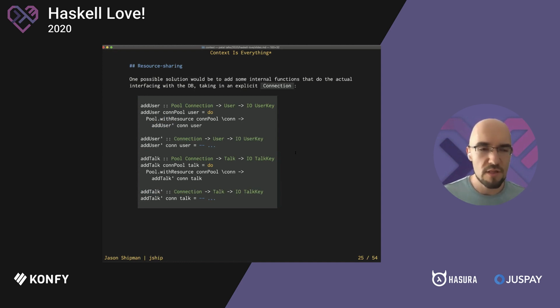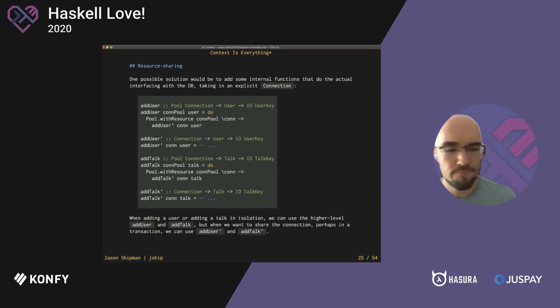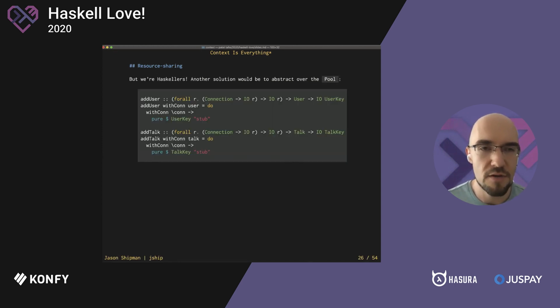But it kind of quickly becomes hard to maintain because we have to maintain two sets of functions, and all we really care about is the core functionality of one of those functions. So thankfully we can do better than this. So that's what we're seeing here in this next example, where